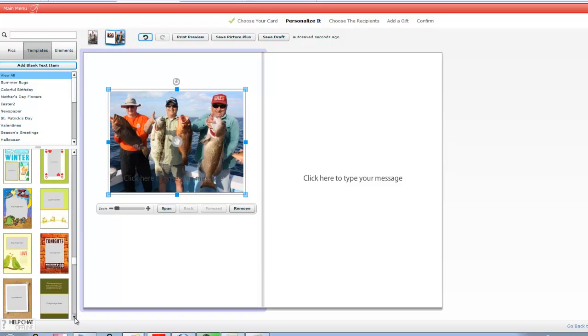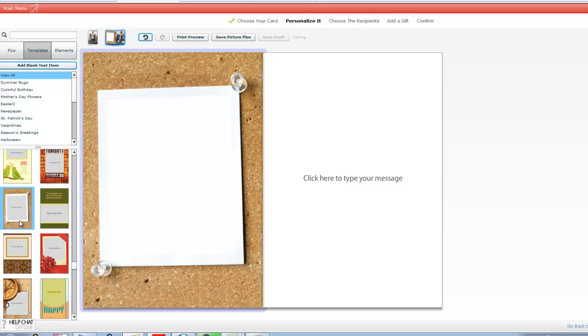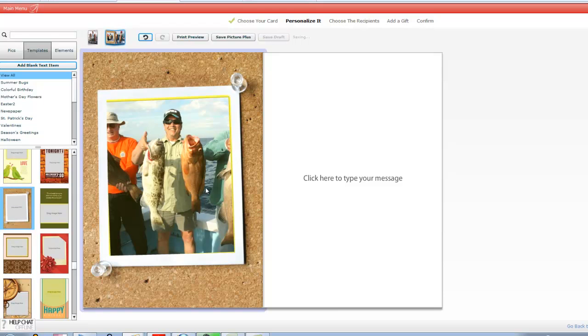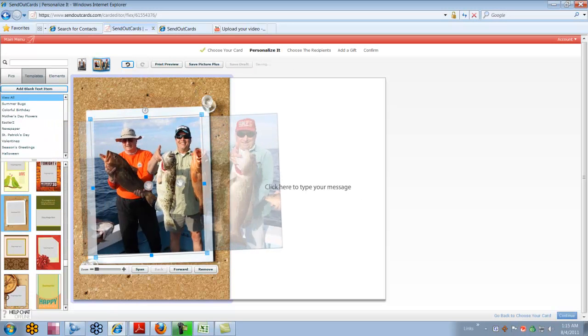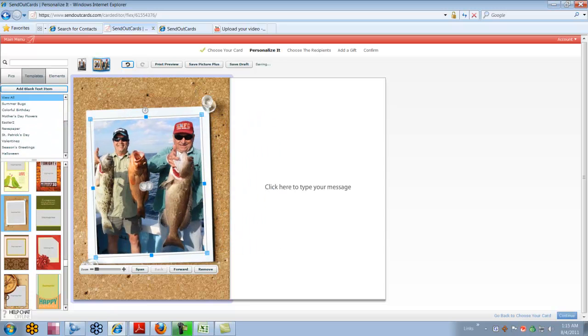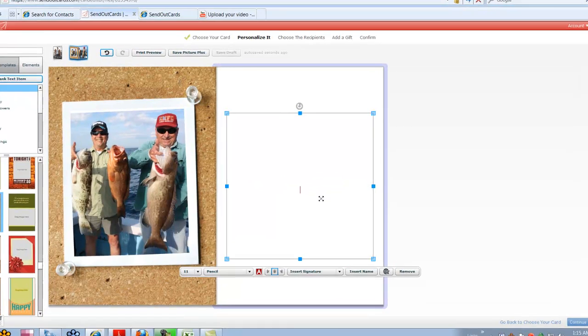It's a bulletin board, and once again, the easy thing about just clicking on the one you want, it immediately puts that picture right inside. And once again, when you grab that hand, you can now center it to get it where you want it to go. Okay, and we could have put a caption under here or anything you want, but I'm going to go ahead on this side of the page and I'm going to say,